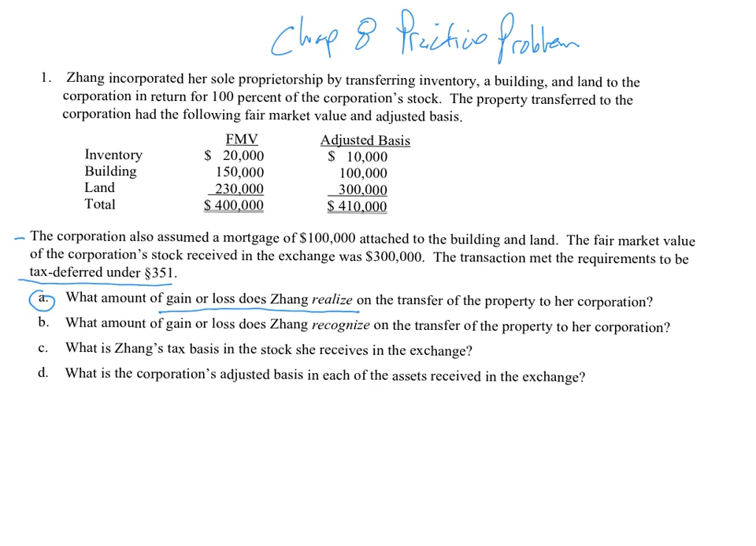So what do we know? Well, we know that this qualifies as tax deferred. So she gets 100% of the stock, and we knew that she would have to have at least 80%, right? Because she's contributing all of this property. All right, so that's kind of the nuts and bolts of the situation. So now let's look at what we're asked for in part A. Okay? All right, so part A asks us